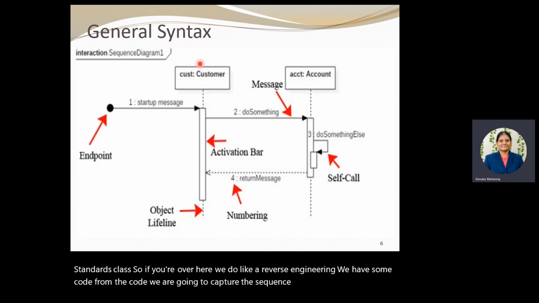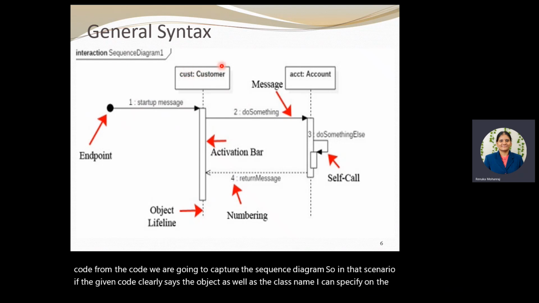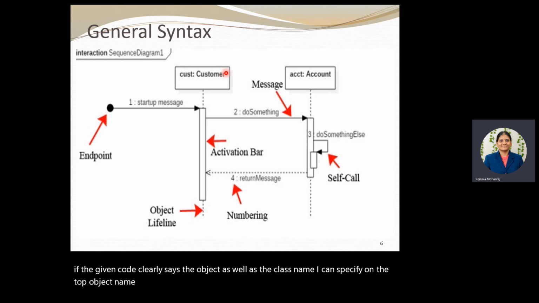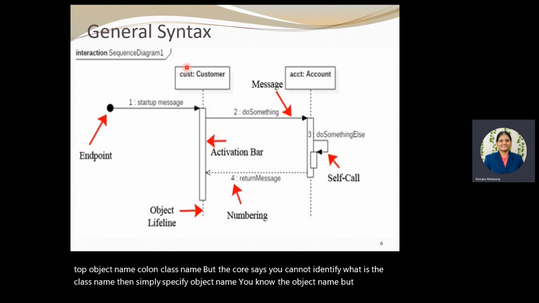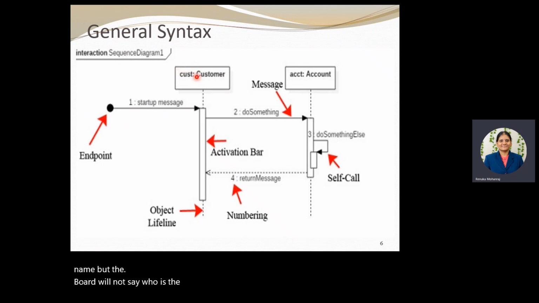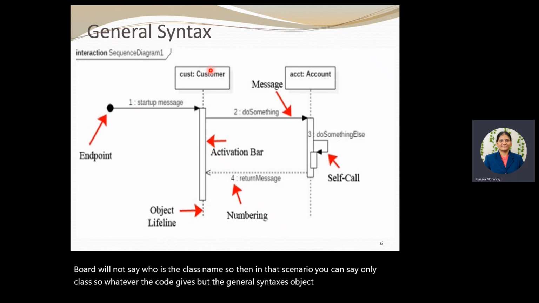In that scenario, if the given code clearly says the object as well as the class name, I can specify on the top the object name colon class name. But if the code does not let you identify the class name, then simply specify the object name. You know the object name, but the code will not say the class name. Then in that scenario, you can say only the class. So whatever the code gives, but the general syntax is object colon class name. This way,